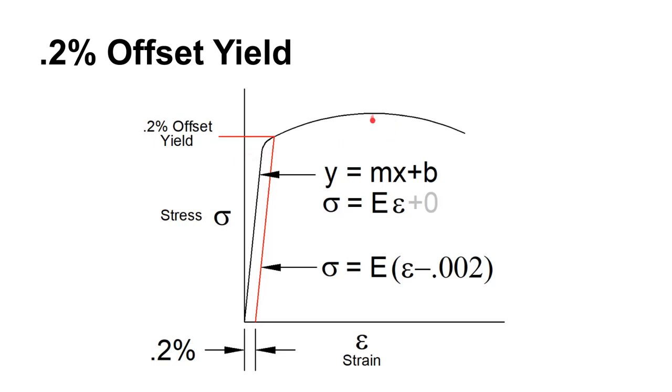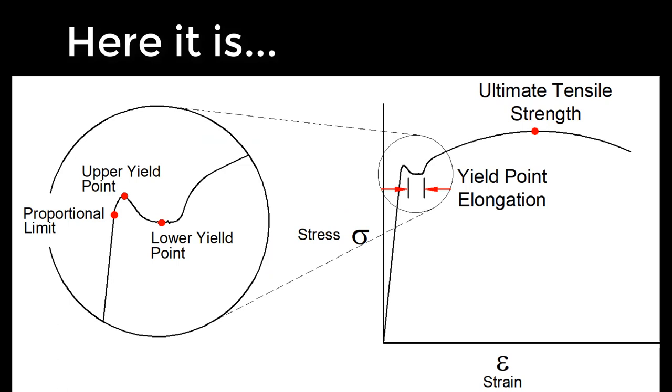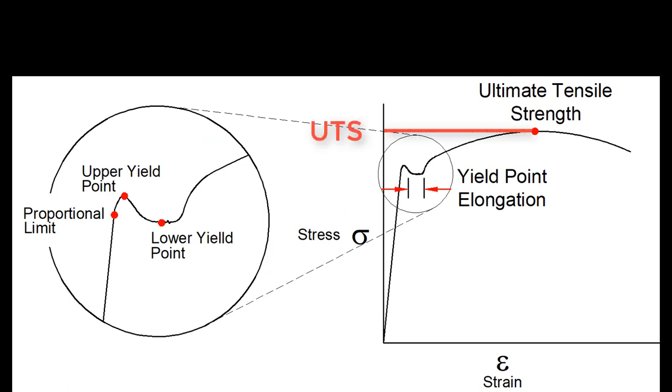One other thing I noticed earlier I did not put on here is the ultimate tensile strength, or the ultimate tensile stress, which is the measure of strength, and that is where this graph peaks out. So I didn't do a separate illustration of that. I replaced some illustrations and I forgot to put it back in. Anyway, that's where it is. That is the ultimate tensile strength, and that is going to be a place on this axis. So it's a stress or a strength.